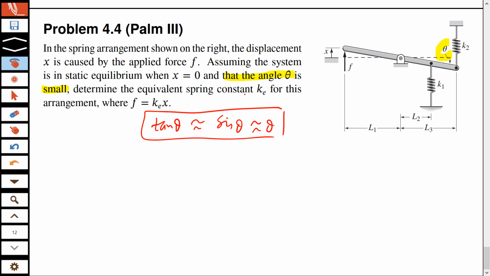Determine the equivalent spring constant Ke for the arrangement where F equals Kex. So F is this, X is this, and you want to work out this ratio F over X. Now, for this, the thing that is necessary is that if you draw the free body diagram